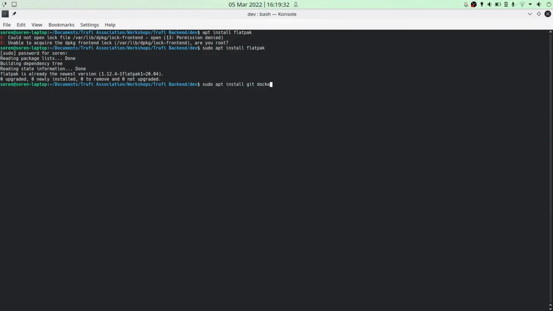Then we use Docker and docker.io and Docker Compose. Docker is the main engine. It's Docker itself. And Docker Compose makes it really easy to create containers. And containers are virtual isolated systems,